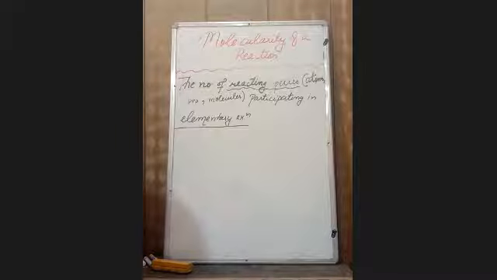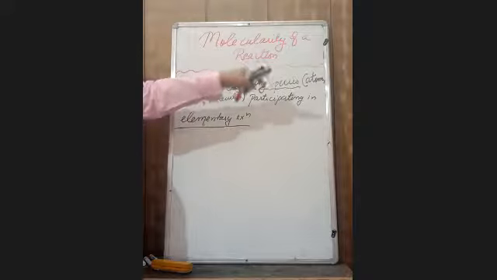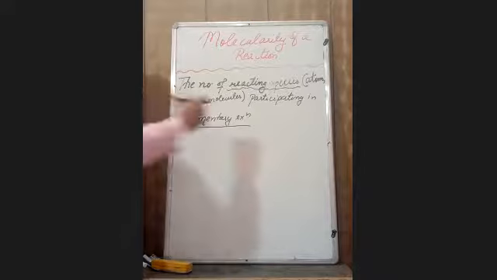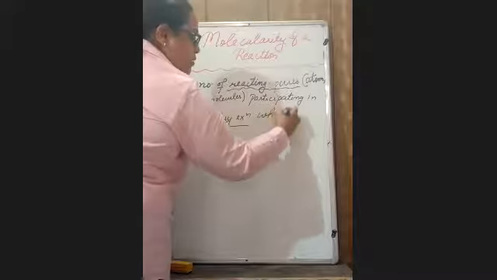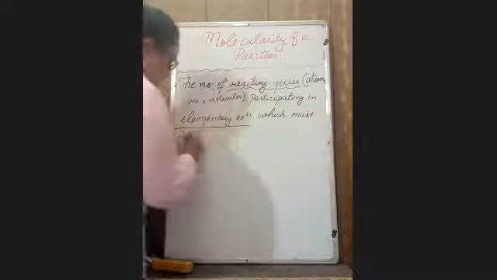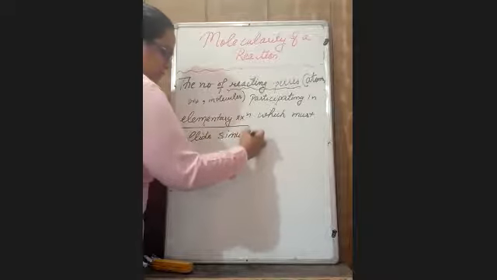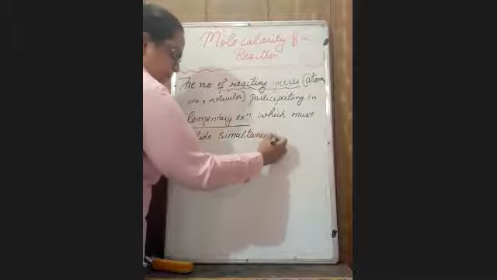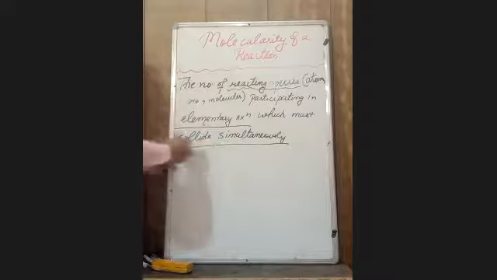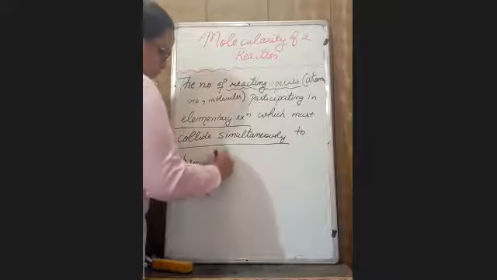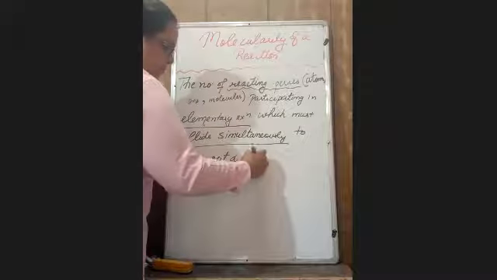The number of reacting species, that can be either atoms, ions, or molecules, participating in an elementary reaction, which must collide simultaneously to bring out a chemical change is your